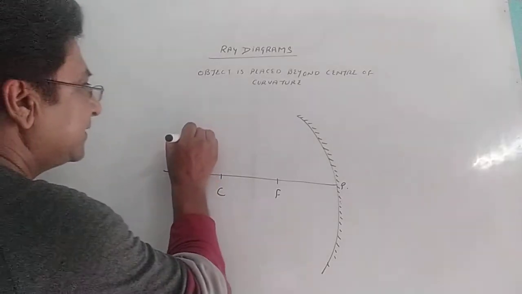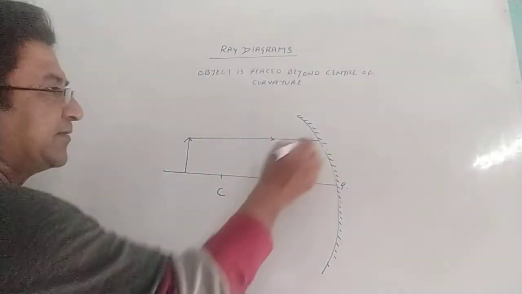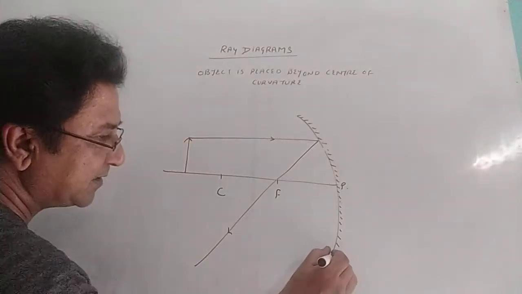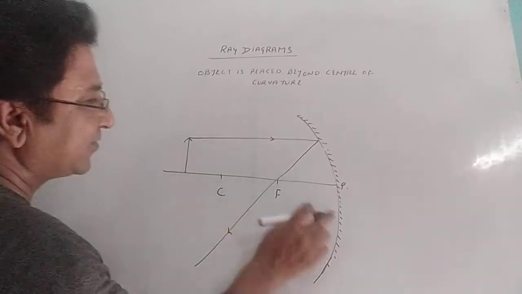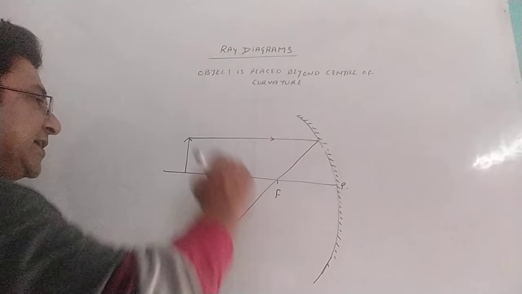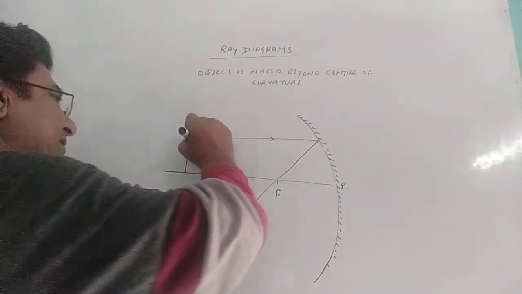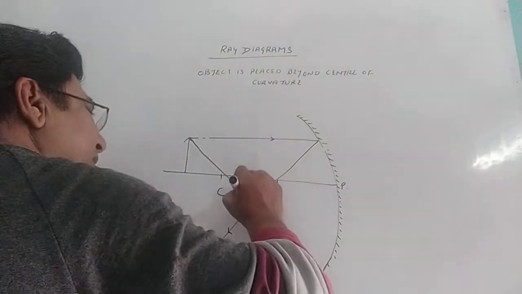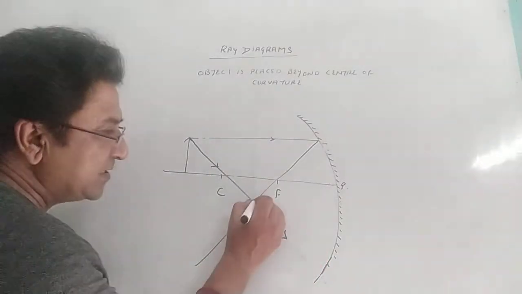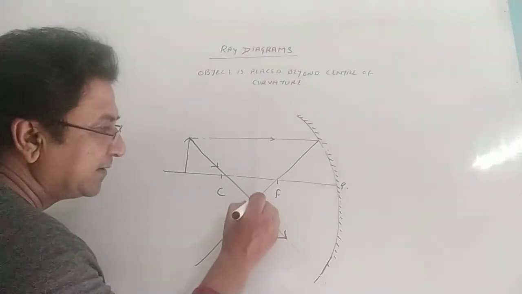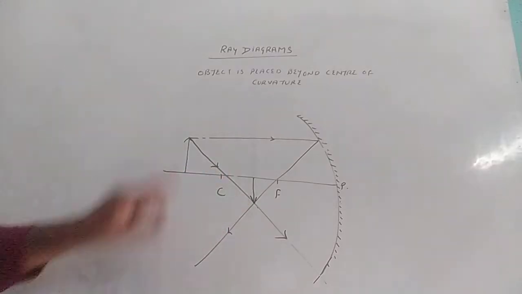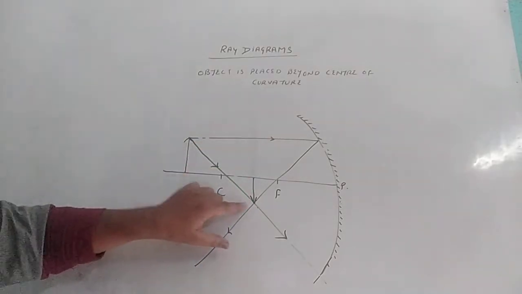First law, a ray which is parallel to the principal axis, after reflection passes through focus. Now you can pass it from here also, center of curvature. You can take it from here and here also. Any rule can be taken. Let's take the center of curvature. A ray which is passing from center of curvature like this will go straight and it will bounce back on the same path. Wherever these two rays are intersecting, make a head, and this is the foot. So the image is formed where the intersection of reflection rays will come.